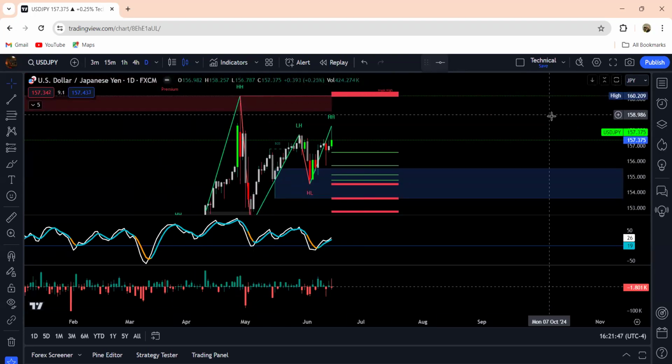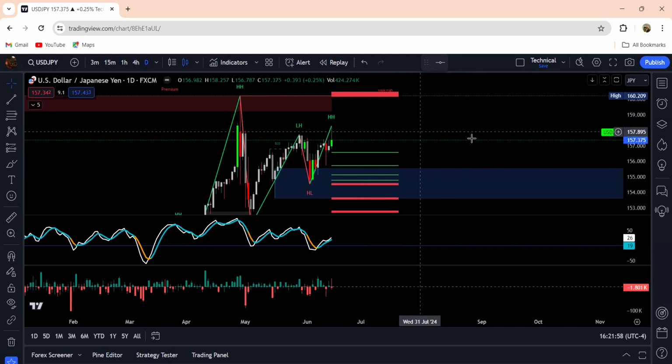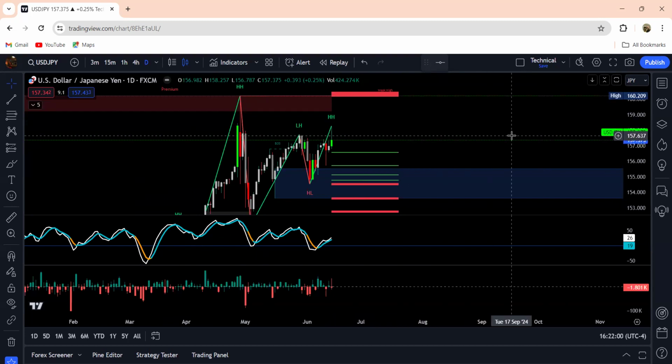You can look at the weekly, but typically if you're day trading and looking for everyday setups, you start with the daily time frame to get an idea of where the market is moving. If you want something that can help you understand where the market is more likely to go in your next trading day,